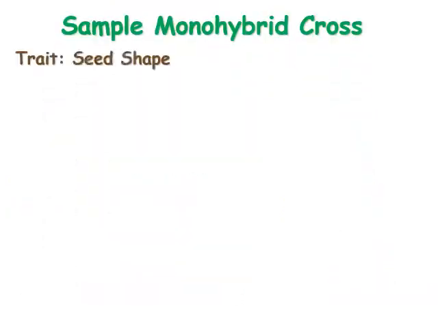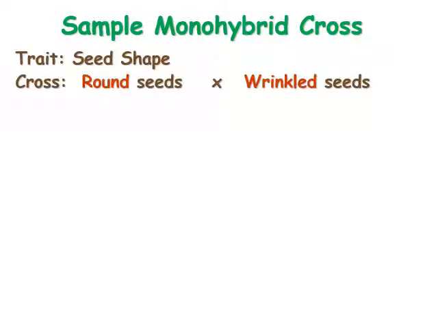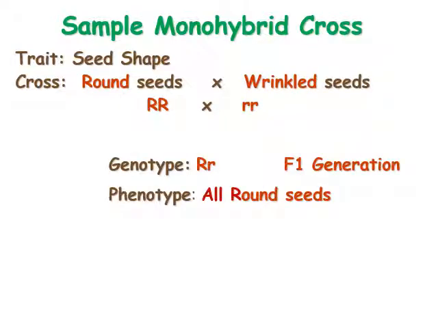Let us now study a monohybrid cross. A monohybrid cross is a cross where we consider only one particular trait. In this case, let us take up seed shape. The two forms of the trait are round seeds and wrinkled seeds. Pure breeding varieties of round seeds are represented by R, and the pure breeding varieties of wrinkled seeds are represented by r. The reason being, when we cross these two pure breeding varieties, we get the F1 generation,